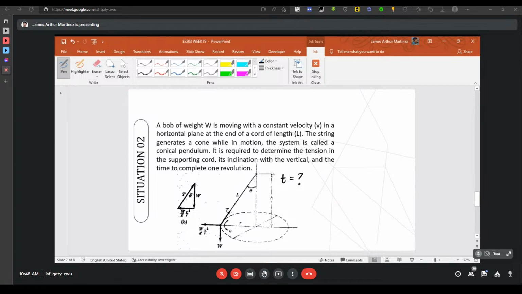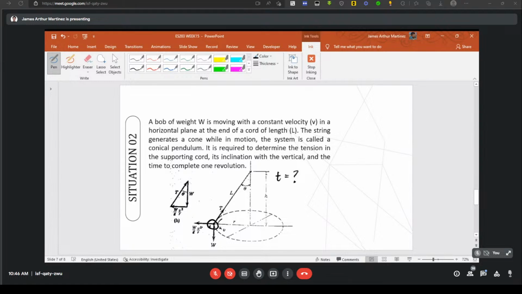So, how do we compute for these unknown variables? If we look at the forces acting on our object, which in this case is the bob, you have the tension force of the cord, the normal component of acceleration, and the weight, which is acting downward. So we can create a force polygon, with the weight of the bob,